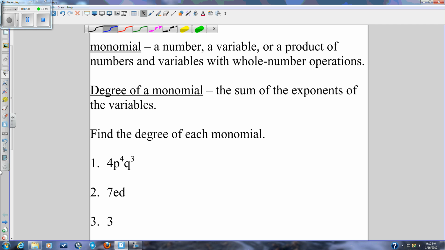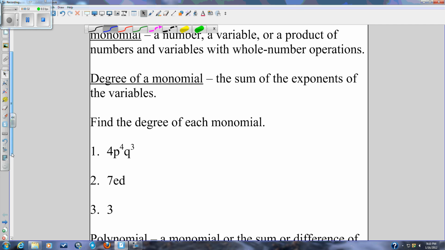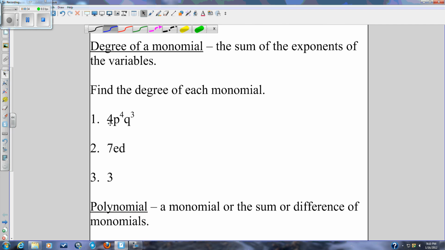Now, here we have, in this next section, several monomials. You notice these are the product of numbers and variables. So let's say we want to find the degree of each monomial here. All we're going to do is add together the exponents. So for instance, 4 plus 3. We're adding together the exponents on the variables, so we get a degree of 7 for this